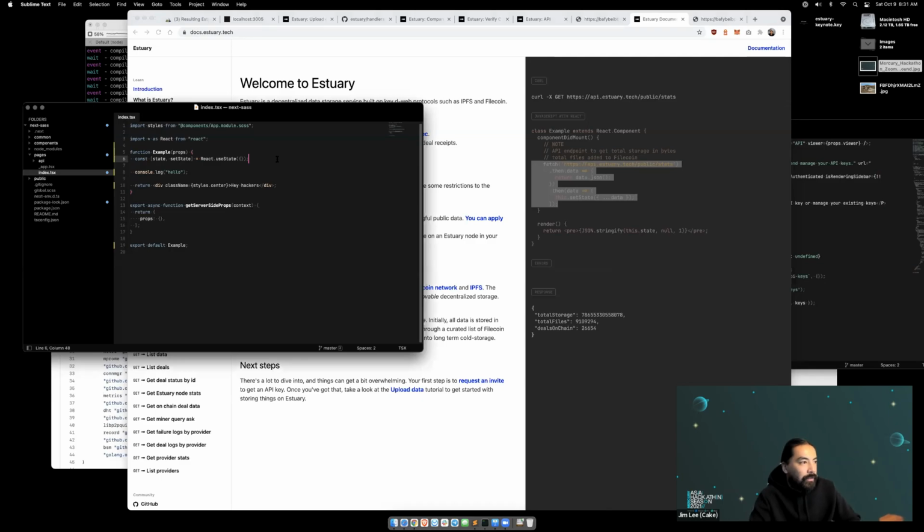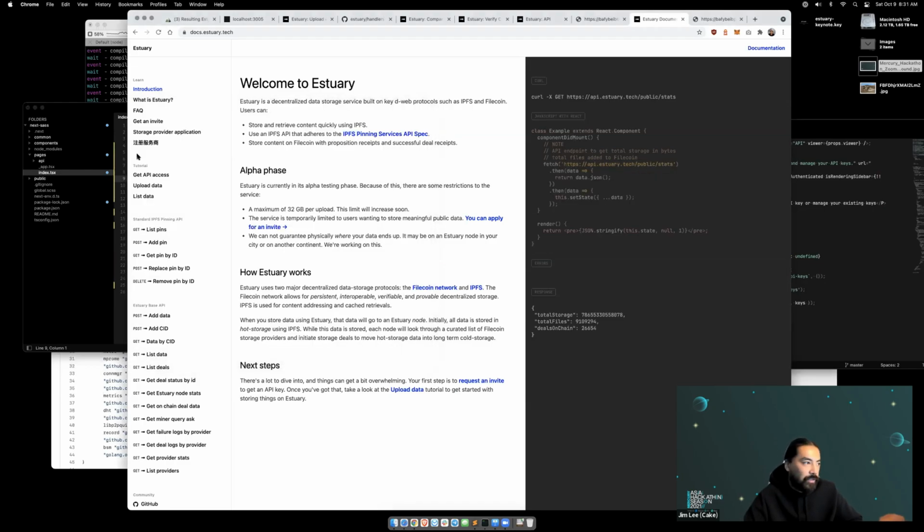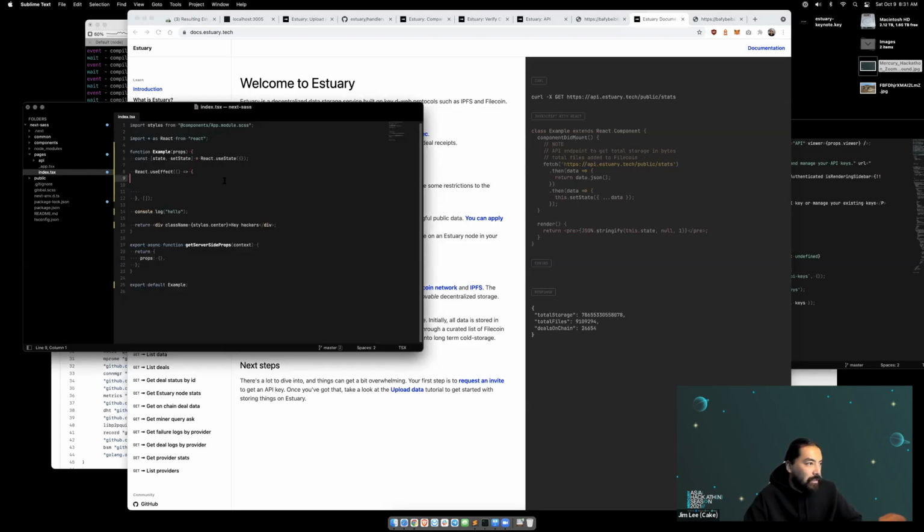Let's do React.useEffect and then an arrow callback function. We don't want this to update ever again, so we use an empty array. This replaces componentDidMount. The example is here, if you're using React hooks, and you can have this little fetch call. I don't really like that it's not using async await. So I'm gonna actually do a